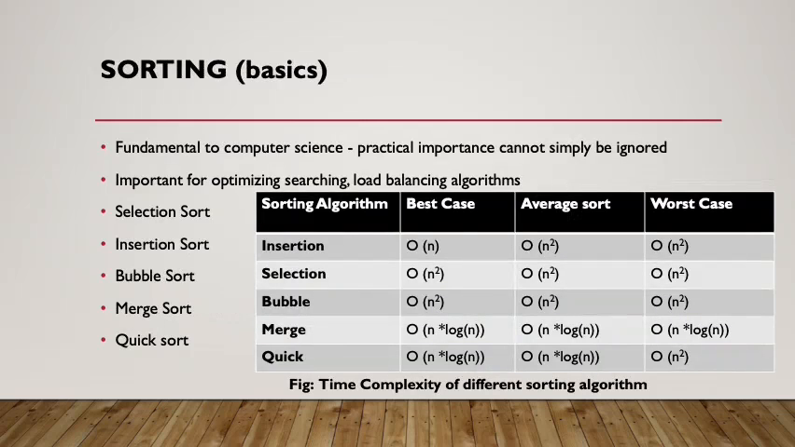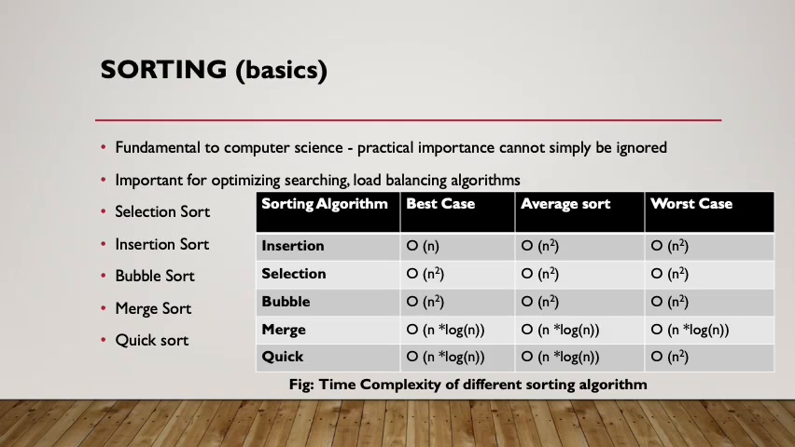Okay, let's start with the basics. Sorting is fundamental to computer science because of its practical importance, which cannot simply be ignored. It is important for searching algorithms, load balancing algorithms, and many more use cases. One such use case is use of sorting for computer programs such as compilers and editors, which often choose to sort tables and lists of symbols stored in memory in order to enhance the speed and simplicity of algorithms used